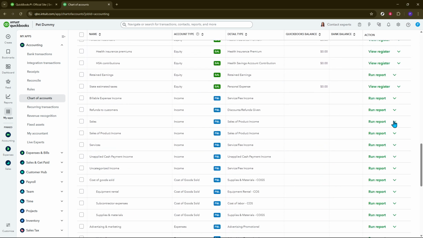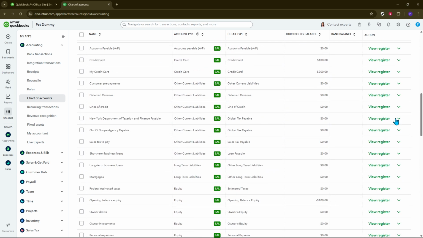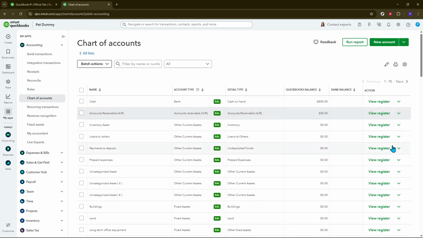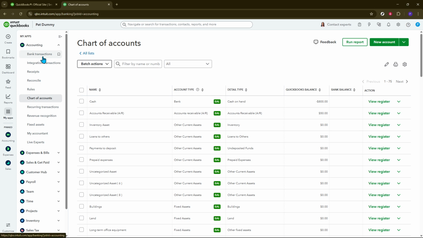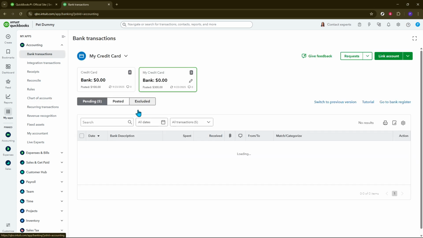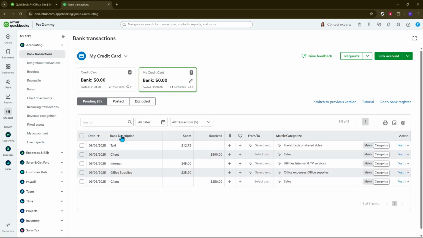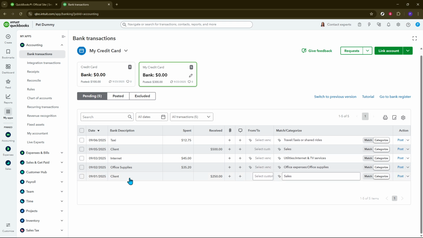A common error is entering the same transaction twice, one manually and another through a bank feed. Double check to ensure duplicates are excluded if they've been entered inadvertently. It's also important to confirm that your bank feed updates are up to date. From the Banking tab, click Update to refresh your bank feed, making sure that the recent transactions are downloaded and